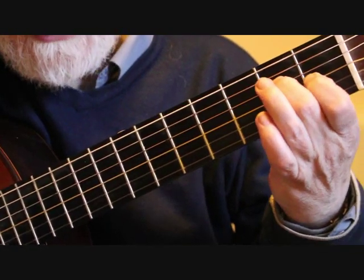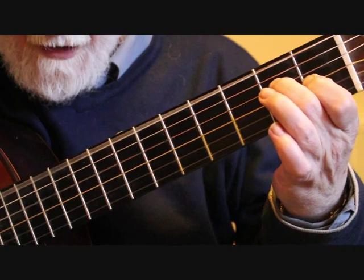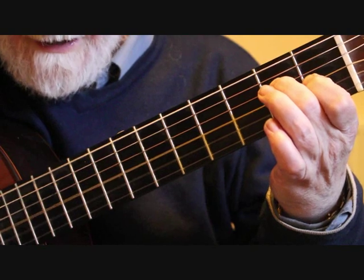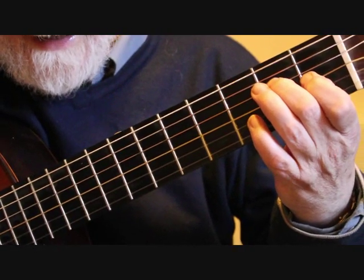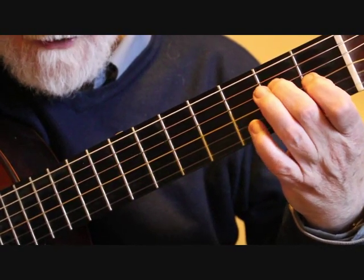Bar 65 is just a continuation with that chord. We don't need to move any fingers yet. So it's 6th string, 4, 3, 2, 4, 3, 2, 4, 3, 2, 4, 3. Bar 66 is now a repeat of bar 58. So that is now